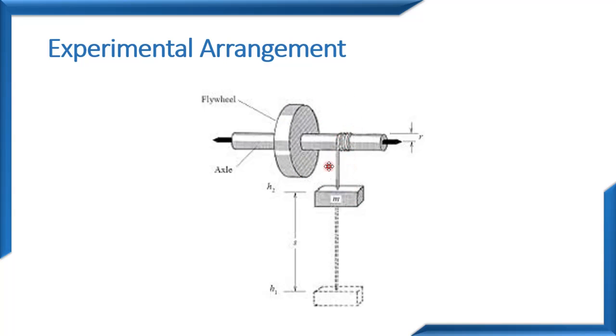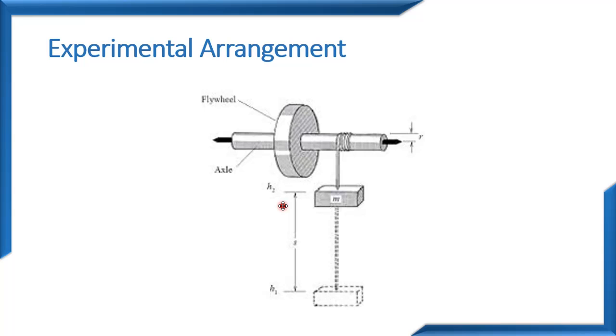Therefore, on unwinding, this mass will come down, and this flywheel will rotate about this axis. Once it reaches the ground, the mass will detach from the axle. But the flywheel cannot stop rotating because of its moment of inertia. The flywheel will continue rotating even if the mass has fallen down, and this actually gives us the moment of